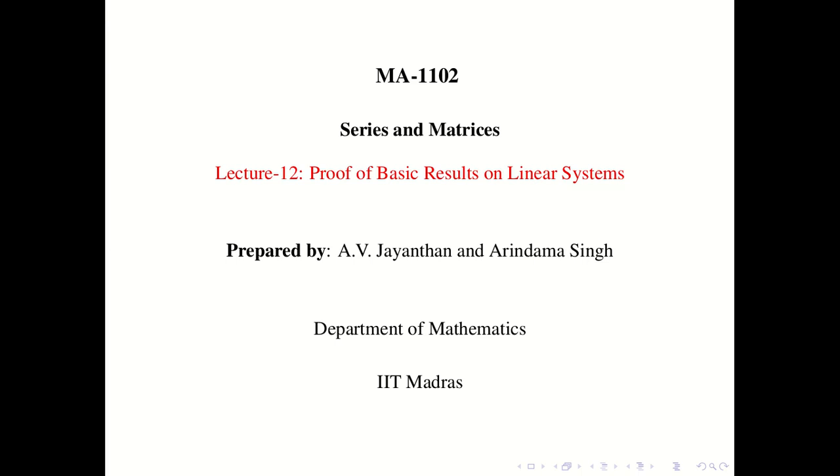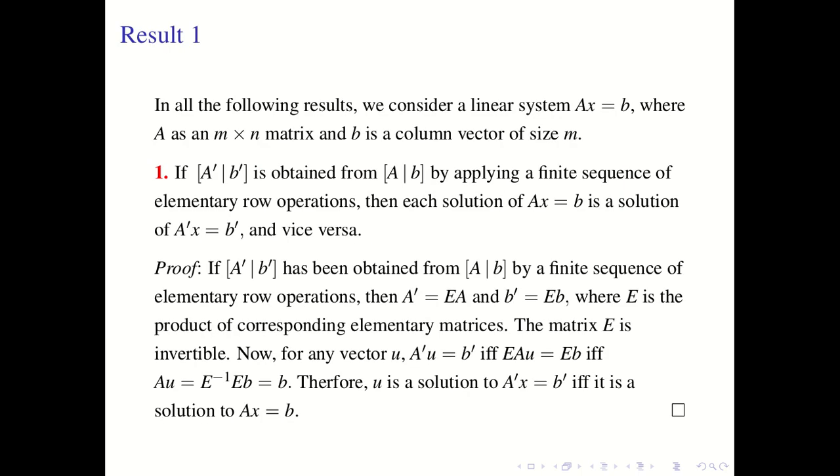Welcome to lecture 12. In this lecture we prove the basic results that we discussed in the last lecture. So the first result says that suppose you have an m by n matrix A and an m vector B, then the linear system Ax equal to B has a solution U